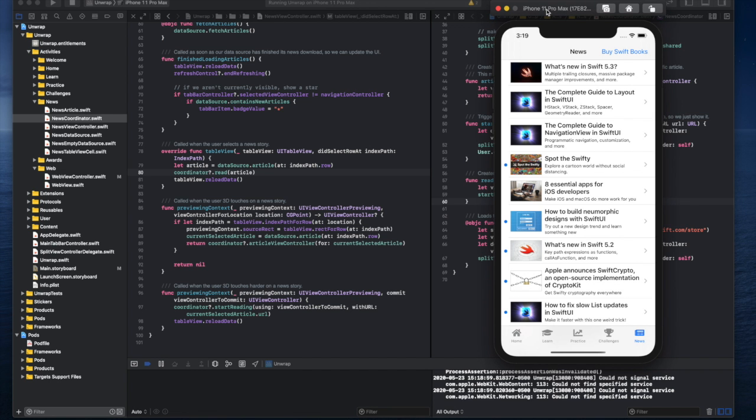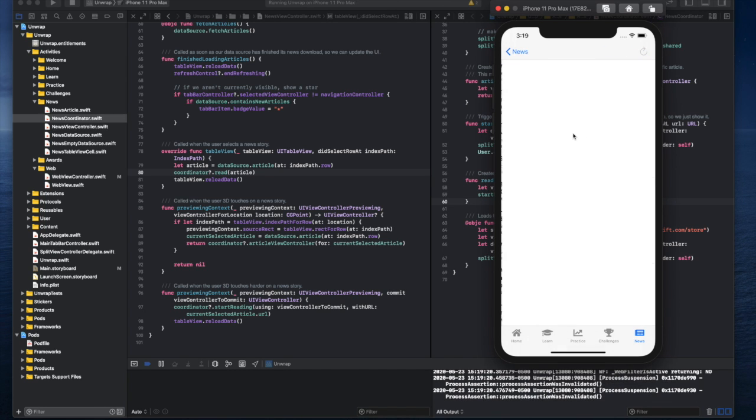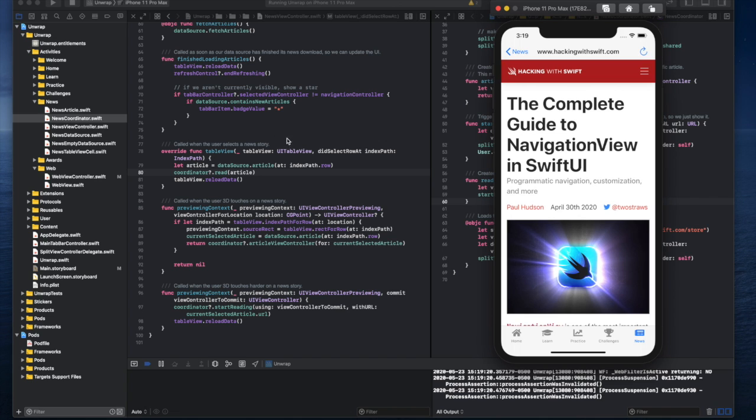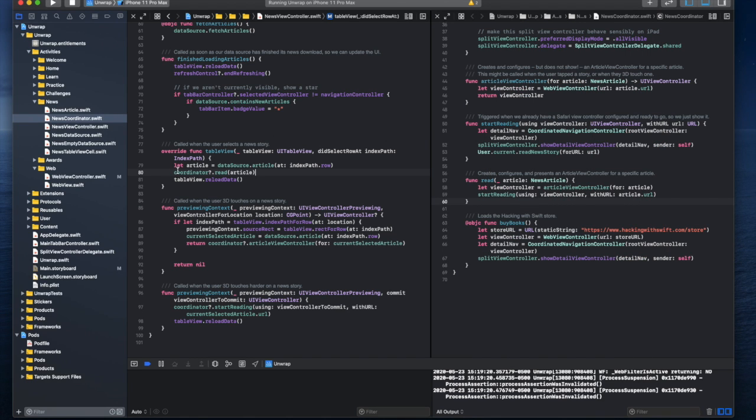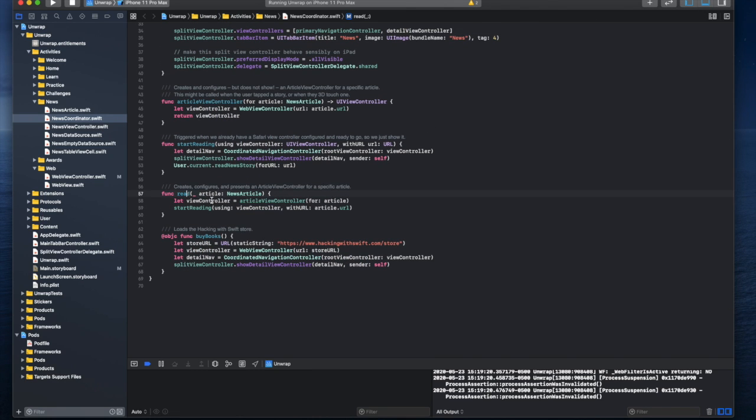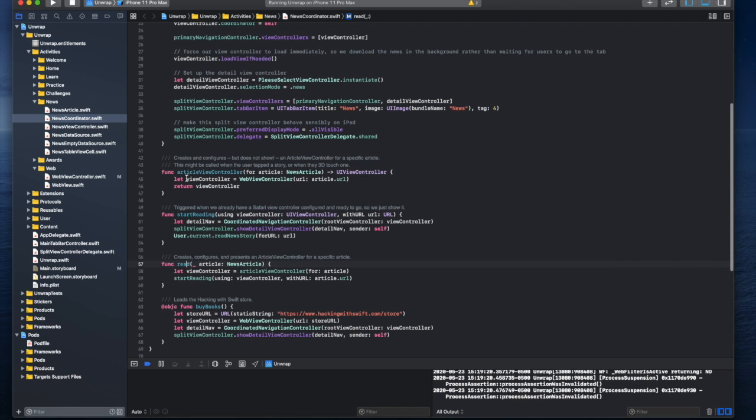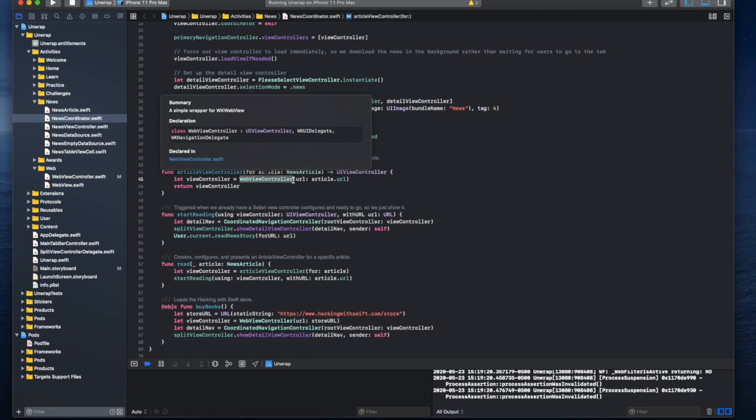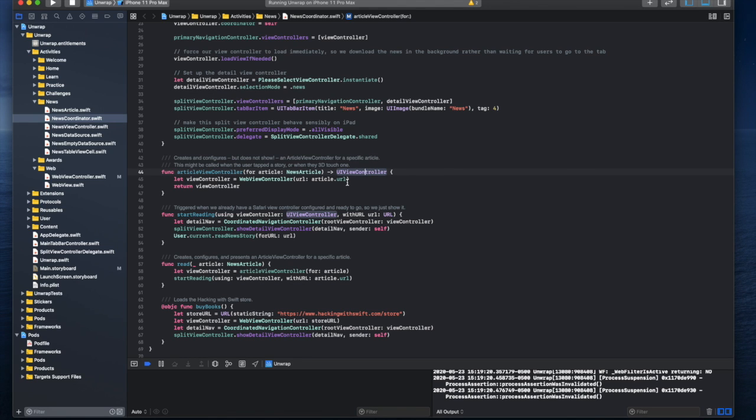In Unwrap, here we have our table view of news articles. When an article is selected, we identify the article in the corresponding cell. Then, we call our read function, which is going to initialize a view controller as an instance of a web view controller. This web view controller with the specified article URL is created here,